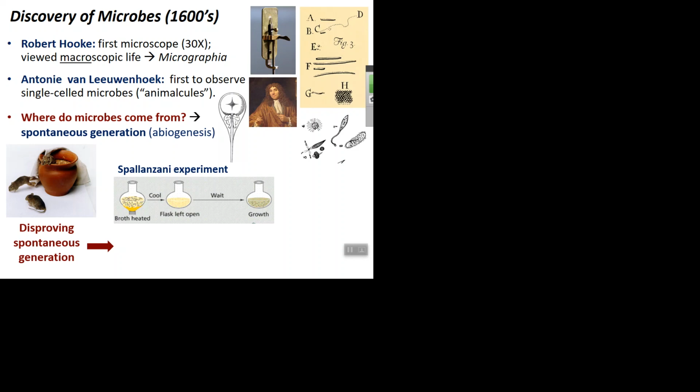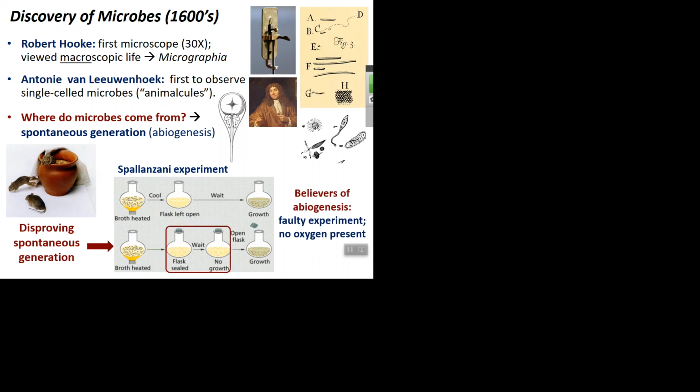There's your evidence, okay? So Spallanzani goes, okay, I'll just seal the flask, okay? Boil it, seal it, and nothing ever grows unless I open the flask, okay? And he goes, aha, see? And they go, well, that doesn't count, all right? That's no good, all right? So the people that believed abiogenesis, another name for spontaneous generation, said, no good, because you're not letting air in there, all right? That's the vital ingredient, right? You need to have air in there, okay?